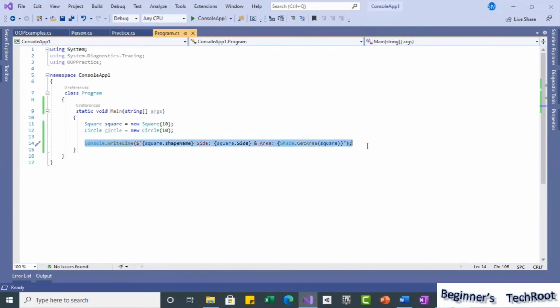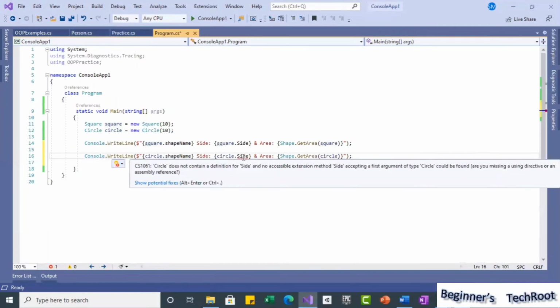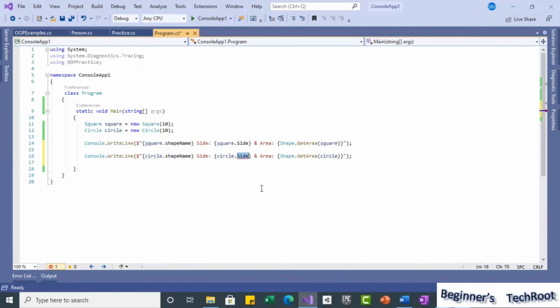Circle also I will use it here, circle shape name, but circle will not have side. Circle will have radius, so that radius you can use.